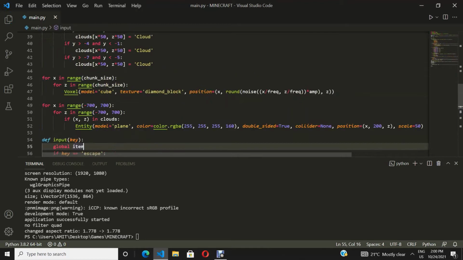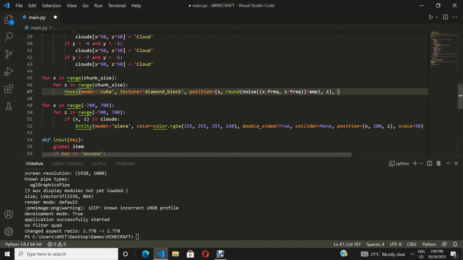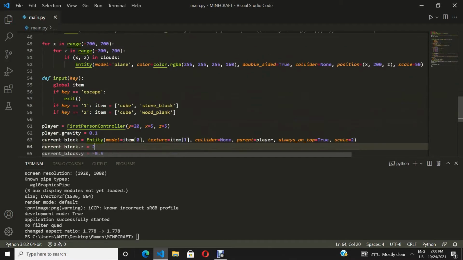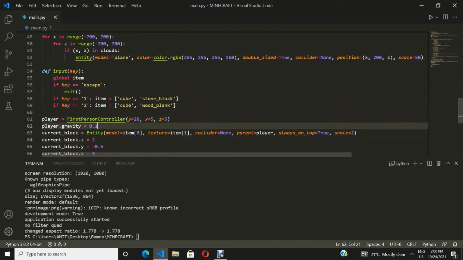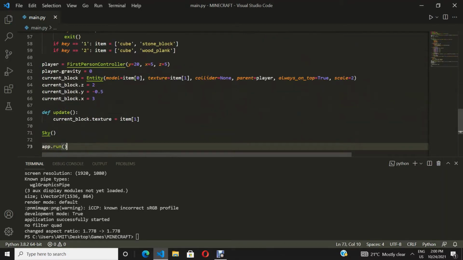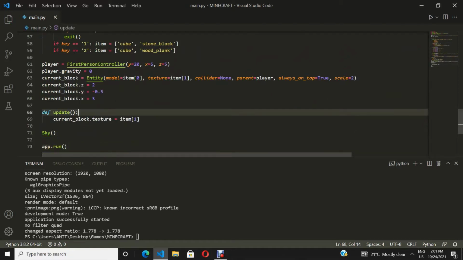we will set the collider to none. Now you might be wondering why I have set the collider to none. If we don't have any colliders, then our player will fall straight through it. So we'll do gravity 0, so our player basically floats in air,